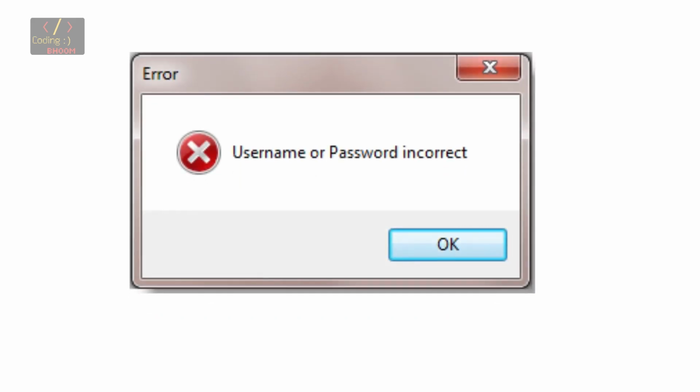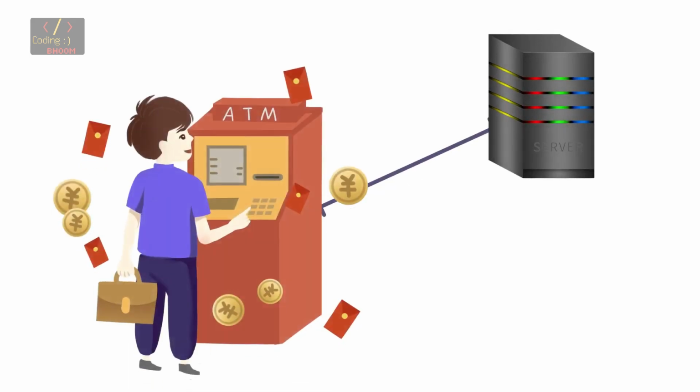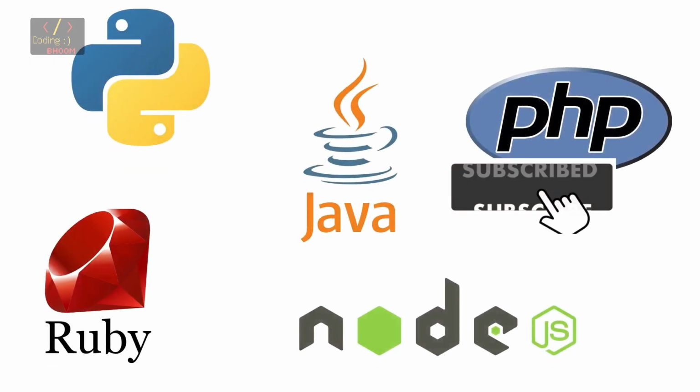For example, assume you are at the ATM. After you swipe the card, it will ask you to enter the password. You enter the password, you click next, and then it will check the password in its database to see if the password is correct or not. If the password is correct, it will display another page. If the password is not correct, it will show an error like the password is incorrect, please try again, or something like that. So for this type of manipulation and calculation, we write the backend program using these languages. Hope you guys all understand the topics in this video.